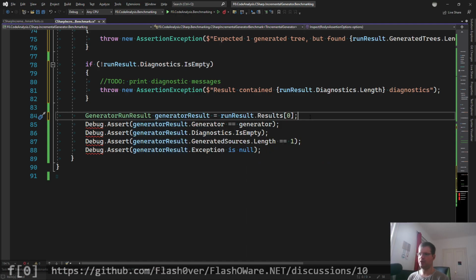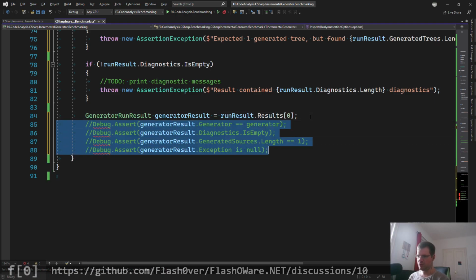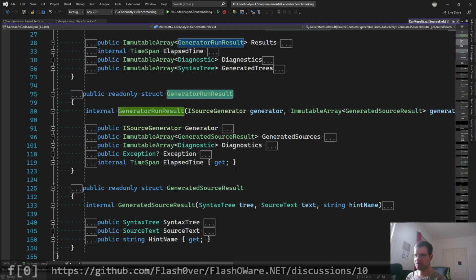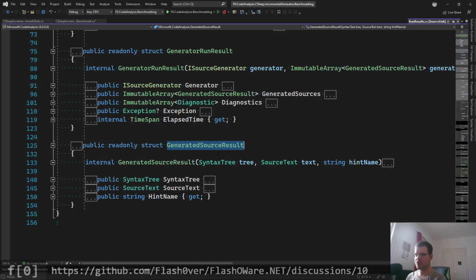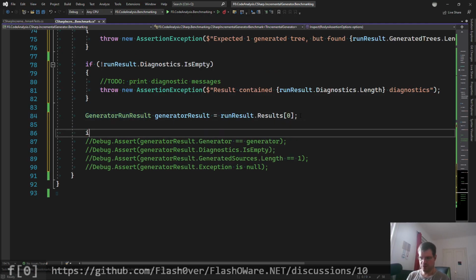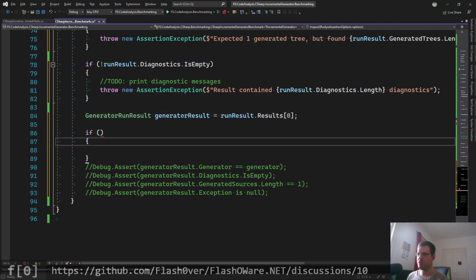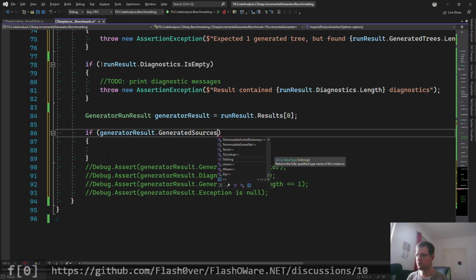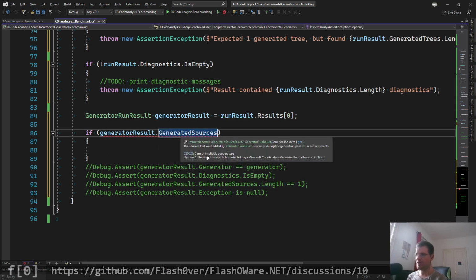Somewhere we need to check the code actually. I'll comment this out because I really want to check the code. So the generator 1 result has generated sources. Here's the syntax tree and the source text. Yes, this looks good. So we can say if the generator result dot generated sources, which is a collection,